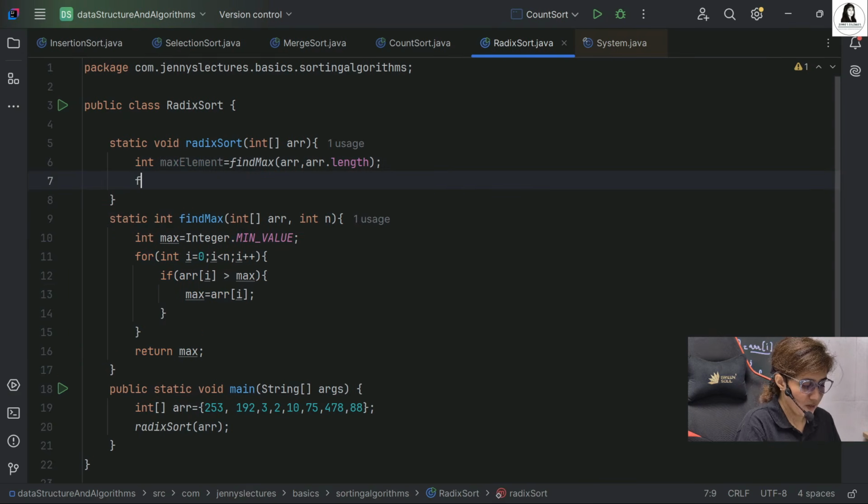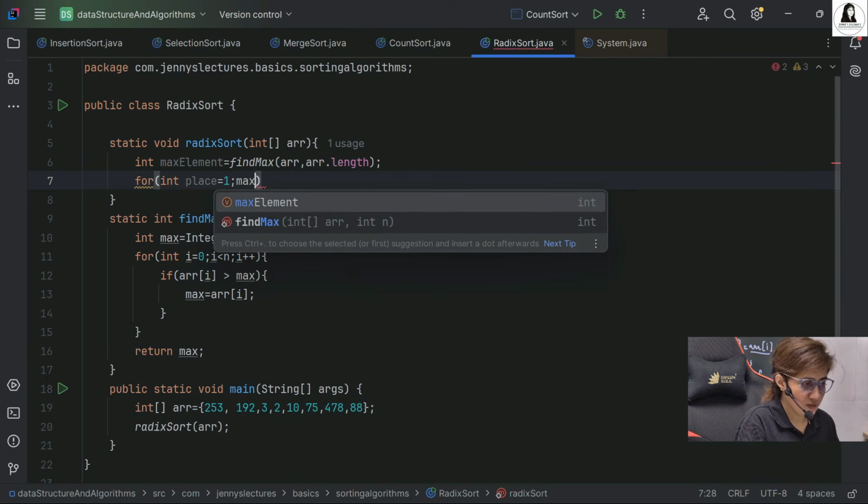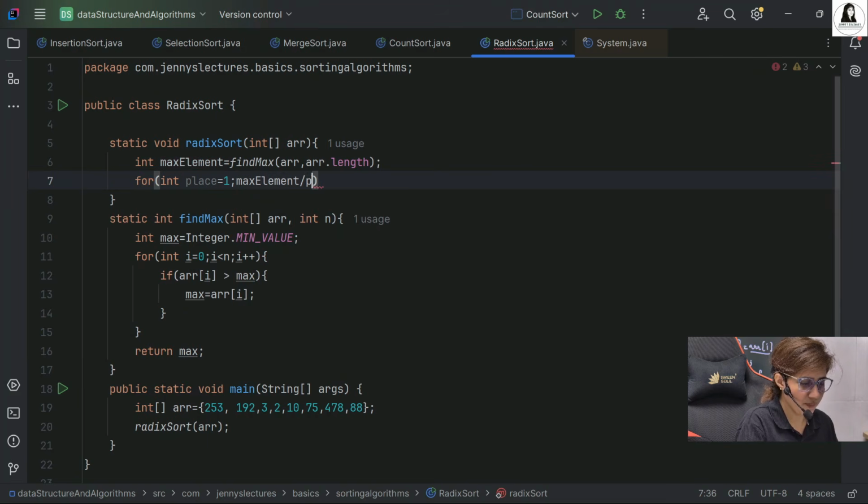Yes, got it. Now we have to run the loop. How many times? As many times as there are digits in this max element. So we take place; at first, place is 1. The termination condition is whatever the max element divided by the place, right now 1, 10 or 100, is greater than 0.